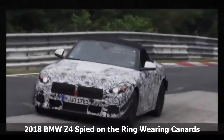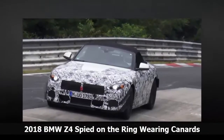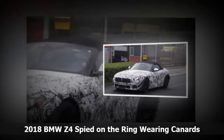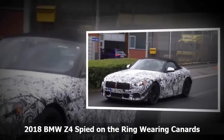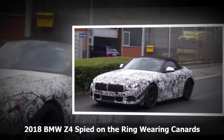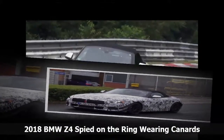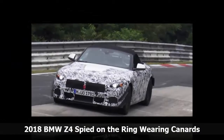The BMW portfolio is going to change in the future even more with the addition of a successor of the BMW Z4 Roadster. BMW joined forces with Toyota and the two companies worked on a platform that would be used as basis for two legendary cars, the Z4 and the new Supra. Until we get to see them launched and their exact specs, the engineers are still testing their chassis on the ring,